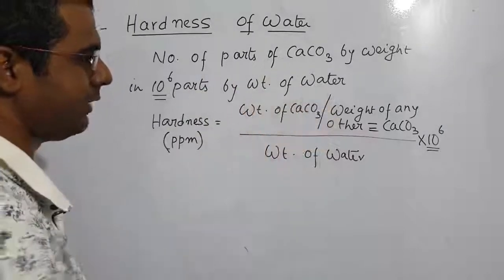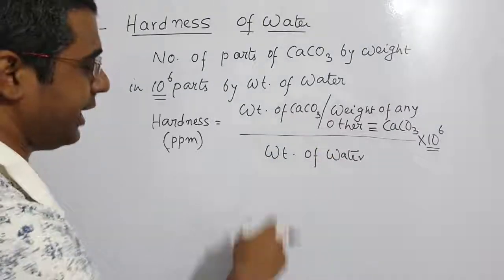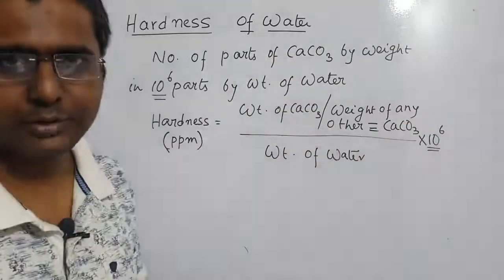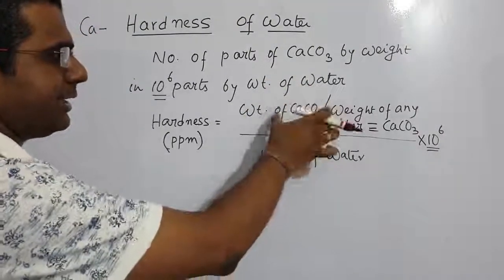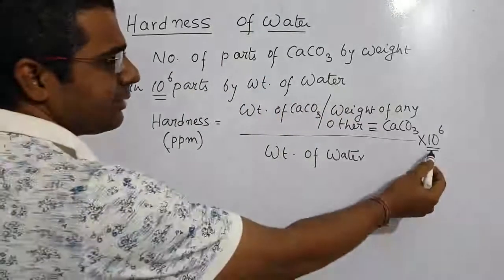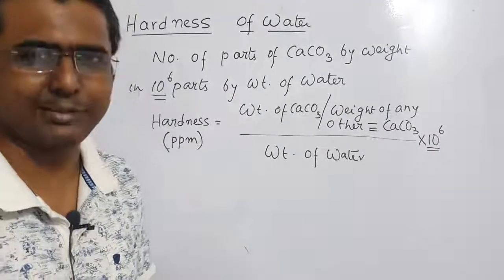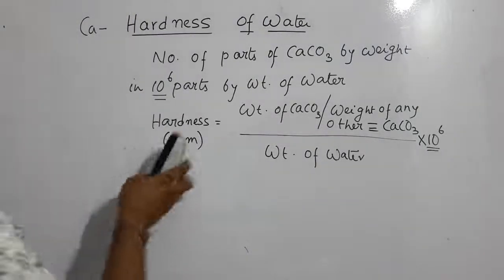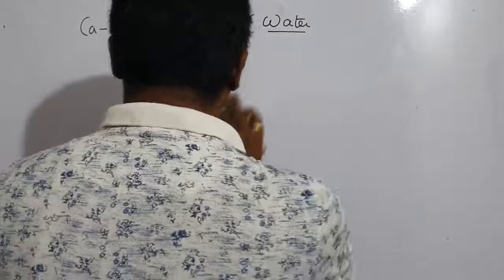I hope you have understood this. Weight of calcium carbonate divided by weight of water, both you can take in grams. So both the units must be same. That's what I want to say, for the mass, into 10 to the power 6 to get it in ppm value. Okay? To get it in ppm values, because this amount is so less. If you just divide this by this, then the value will be very minuscule. So we just multiply with it 10 to the power 6 so that we get a value that we can represent, because unit must be representable, right? So I'll rub this one. I hope you have copied this one. So this is the formula that we are going to use.